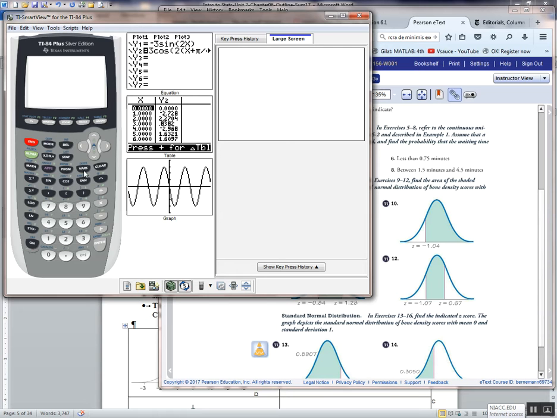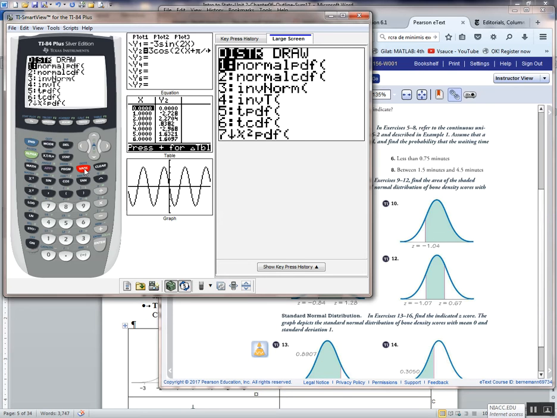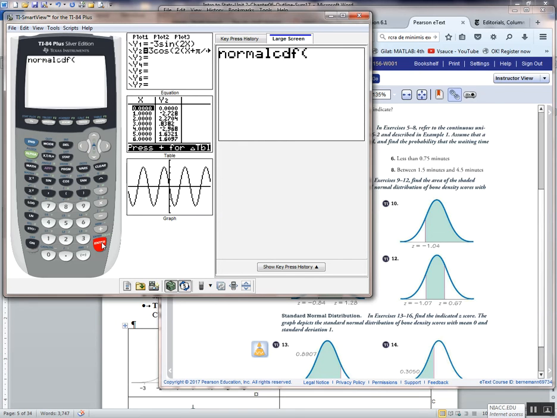I'm going to push the second button, the variation, and that gets me to the distribution. I'm going to go down to the second choice, the normal CDF, and here it doesn't give me a list of what's the lower, what's the upper. Some of the older calculators, you just have to know, you have to enter the lower value, and the lower one here is going to be negative